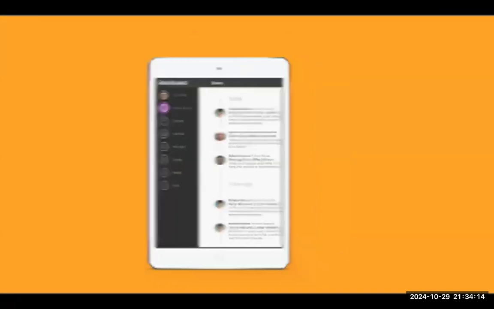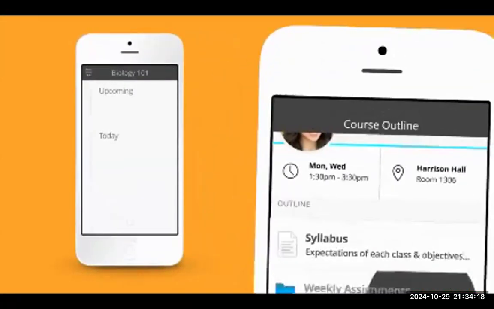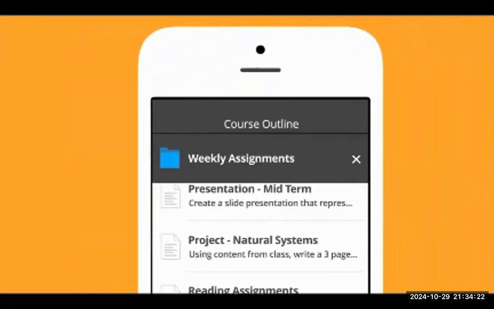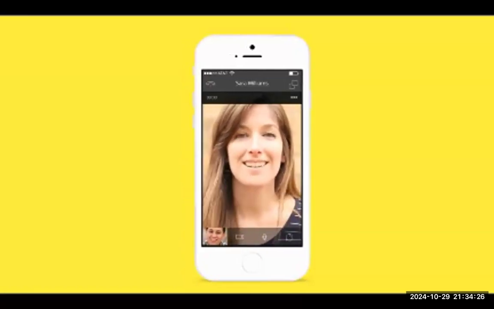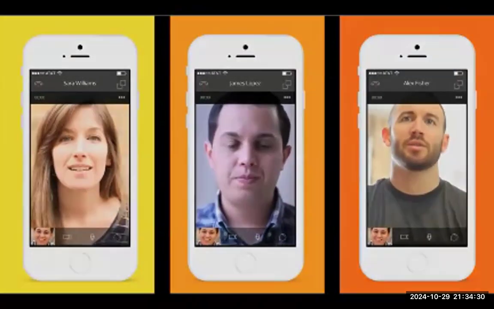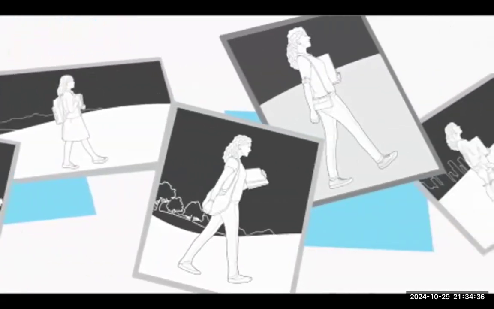This simple, easy-to-use mobile design helps learners move quickly through the app. Students can view course content and track progress through their course. And video and audio collaboration is fully integrated into the mobile product for learning on the go. This is a lifelong journey, a twisting path of rich experiences and personal and professional growth.